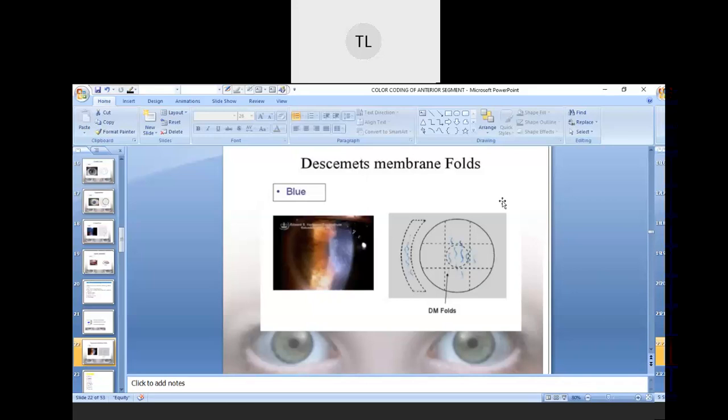Like I said, in the case of Descemet folds, they are dark, deep crisscross lines. They will not be horizontal or vertical, they will be crisscross, and they are seen in your posterior stroma and the Descemet membrane. Between that position, for the diagram you have to use this, and also denote it with the blue color.